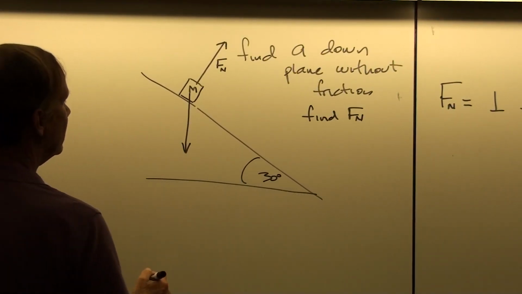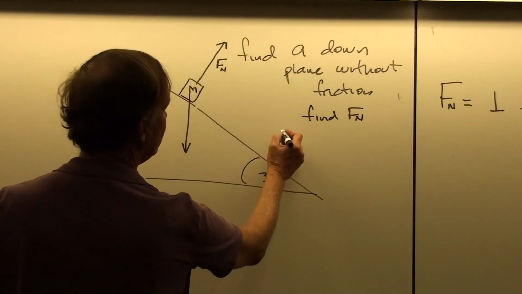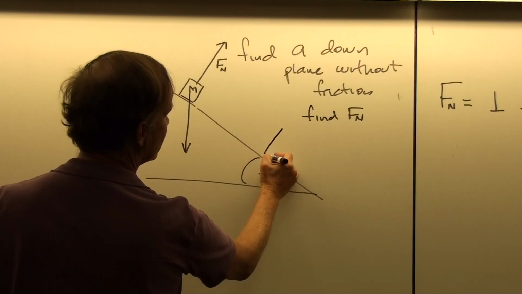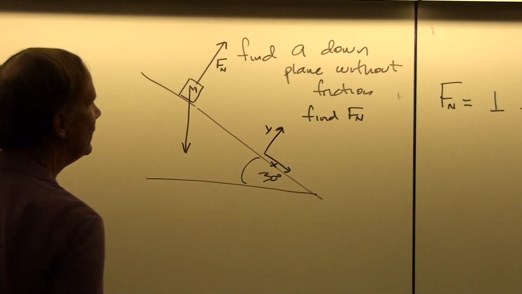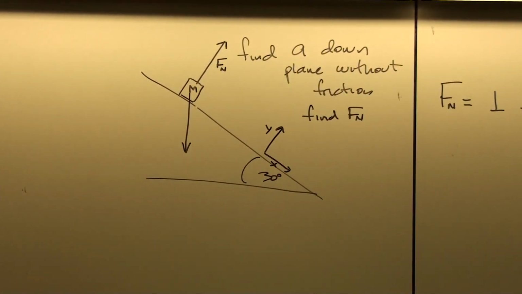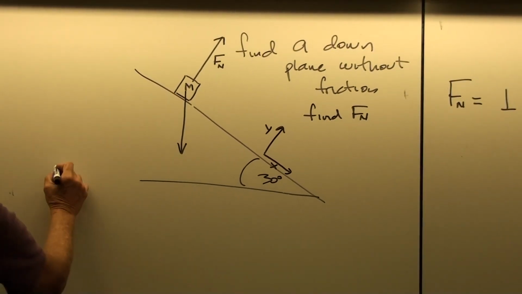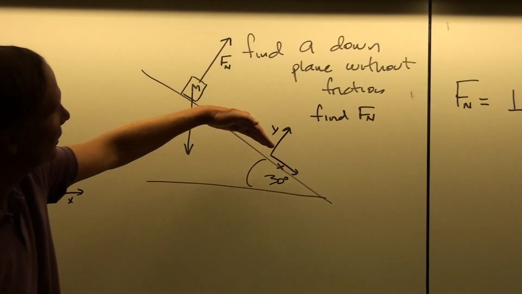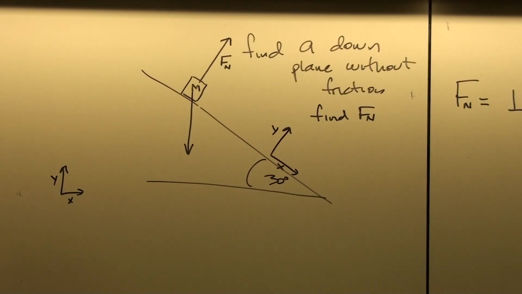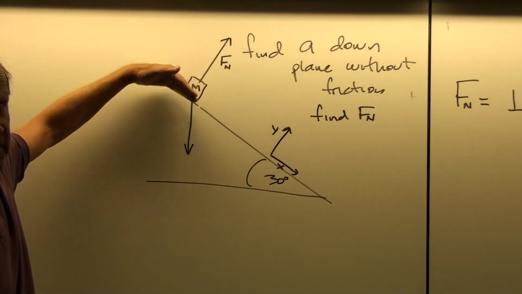Okay, so here, I'm going to set up a coordinate system, but I'm going to define the coordinate system, and I hope this doesn't cause any of you bad dreams tonight. I'm going to put it along the surface of the incline, and not my regular xy coordinate system. You just go, oh, please, I was just getting used to that. So why are you turning the coordinate system along that way? And the answer is because there's no acceleration in the y direction if I choose this way.